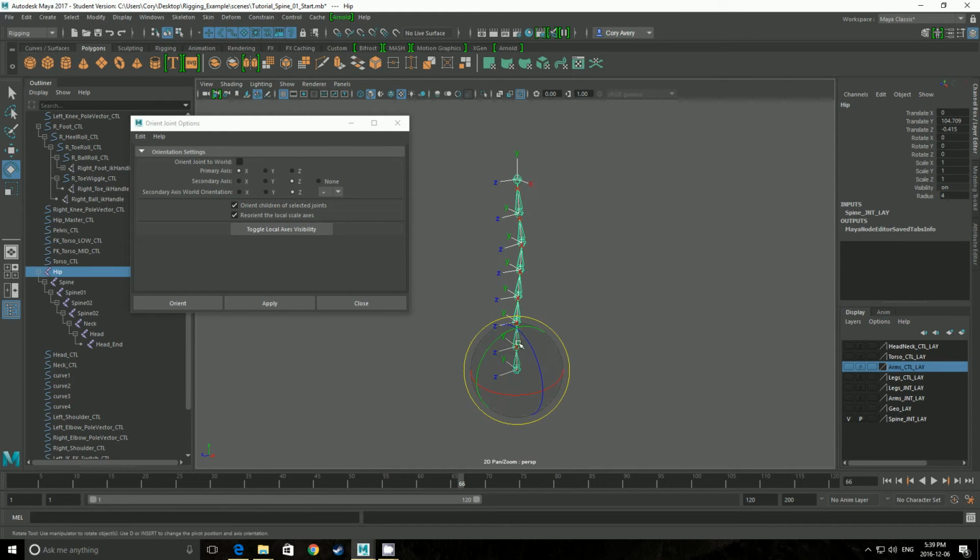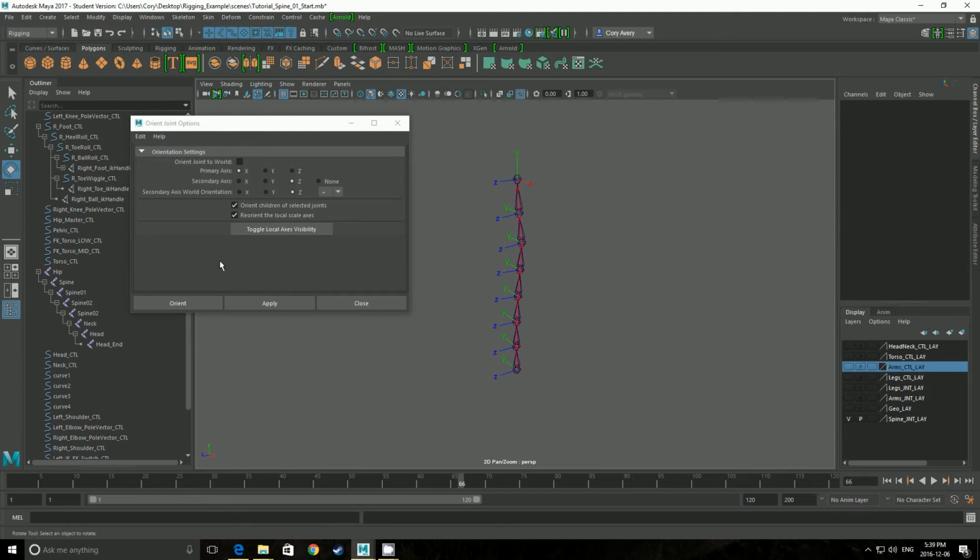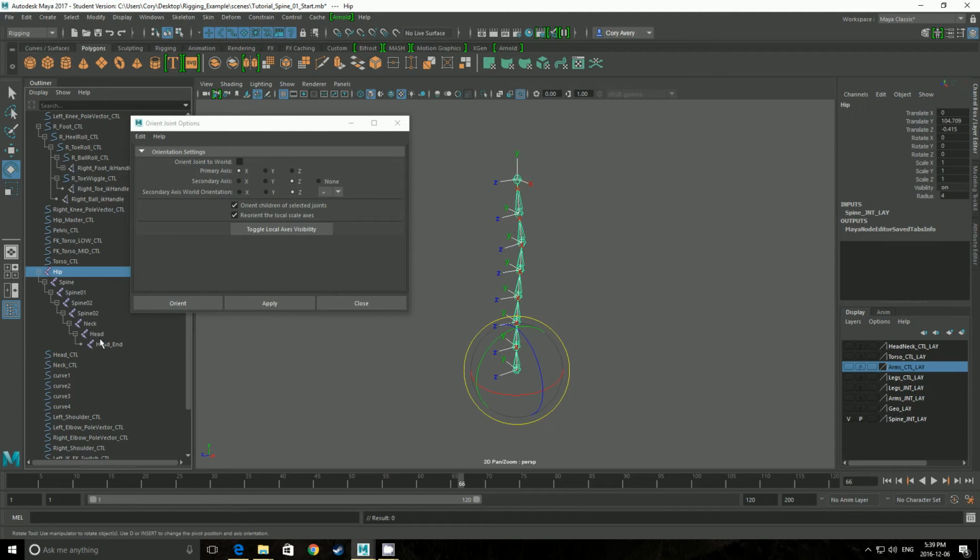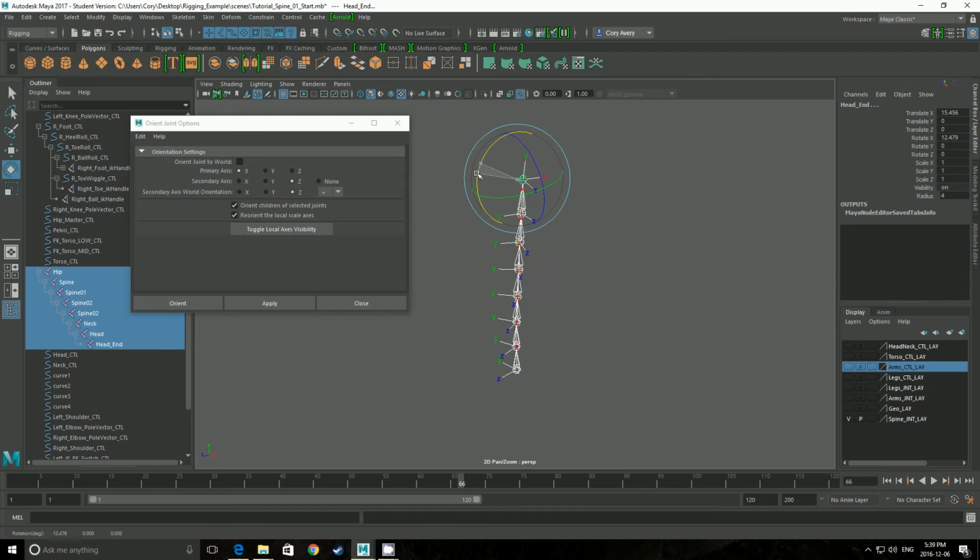For a spine, its dominant axis really is bending forward. And you can see as it is, it's kind of doing strange things. But when I rotate it in Y, which is the current forward axis,